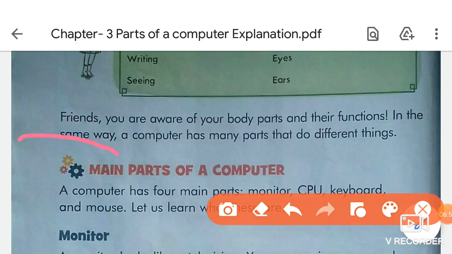In the same way, a computer has many body parts, like us. Is that clear? These body parts help a computer to do different kinds of work, different kinds of functions. Is that clear?